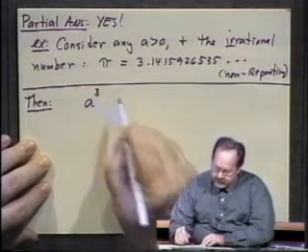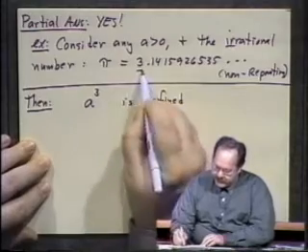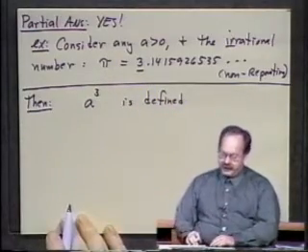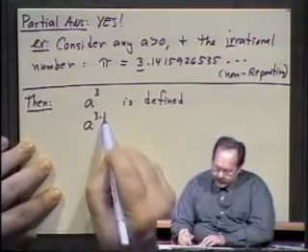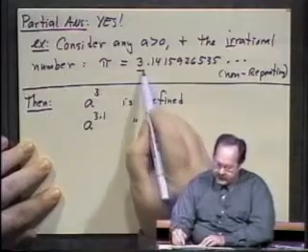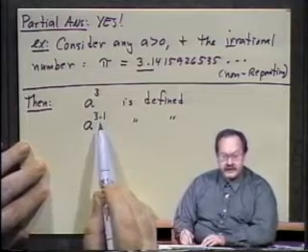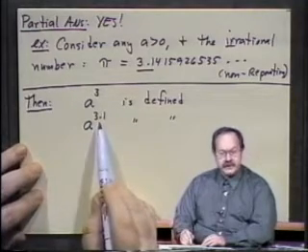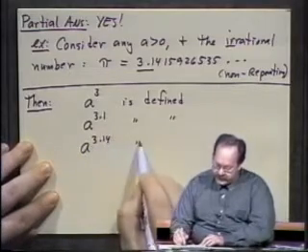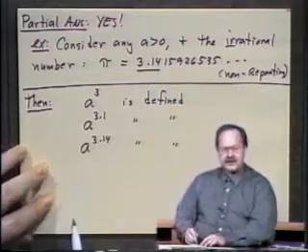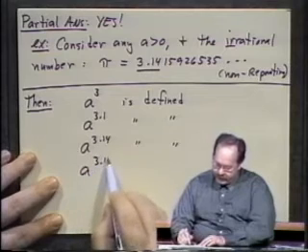First of all, a cubed is defined. I'm taking the first digit of the expression for pi. Now, a cubed is certainly defined. That's no problem. Then look at a to the 3.1. That is also defined. So I'm taking the first 2 digits involved. A to the 3.1, 3.1 can be written as a fraction, in particular 31/10, and that is certainly defined. Well, then a to the 3.14 is defined, taking the first 3 digits, and I think you see where I'm going with this. I simply continue. A to the 3.141